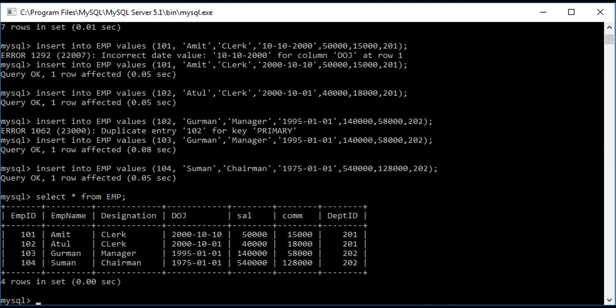Now moving further, if you want to write the query to display the name and salary of employees whose salaries are greater than or equal to a certain value.